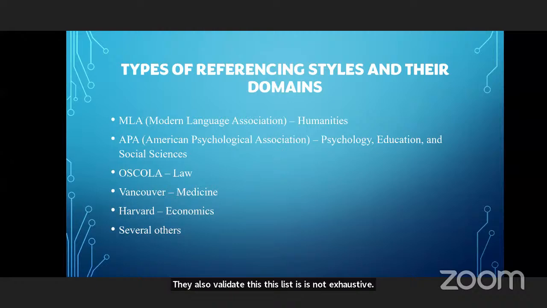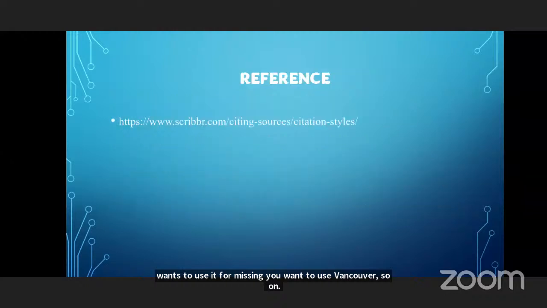So you have several styles, but like I said, I prefer using APA style because it can function in almost all kinds of essays. So if you're writing a law related essay, you most likely want to use OSCOLA. If you're writing for medicine, you want to use Vancouver, and so on. So APA style,